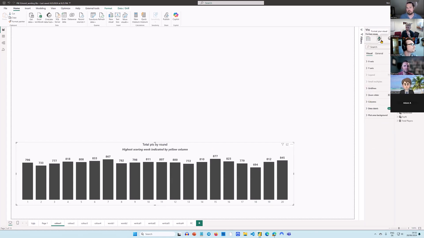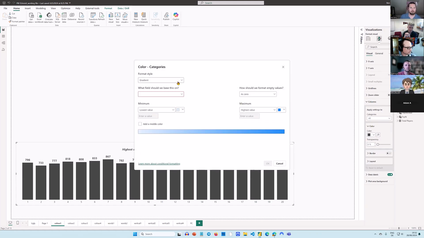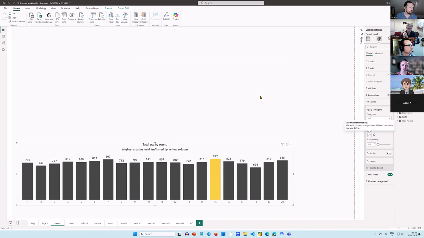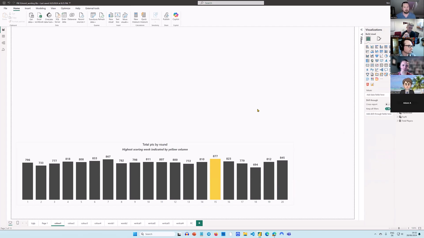And I'm just going to say, okay, I want the color, instead of black, I'm going to do a conditional formatting. And on the conditional formatting, I don't want gradient. So based on, if total points per game week equals 100%, then yellow. There you go. So by doing that simple thing with no DAX or anything, now you can see that the highest value is